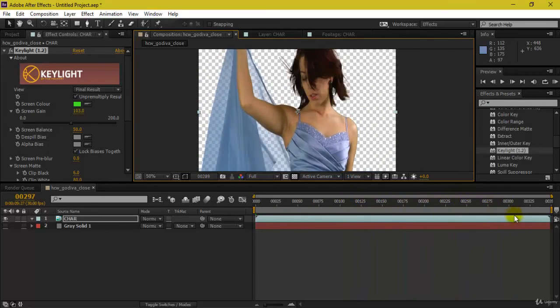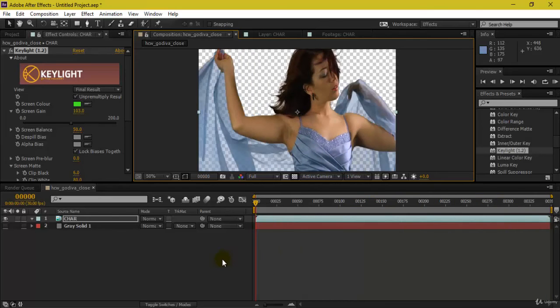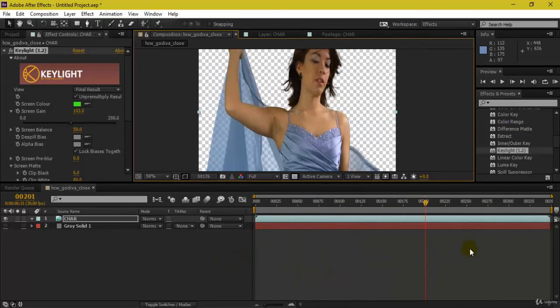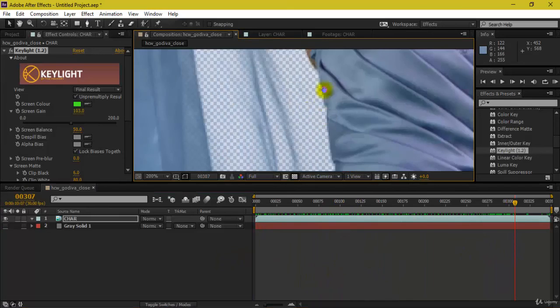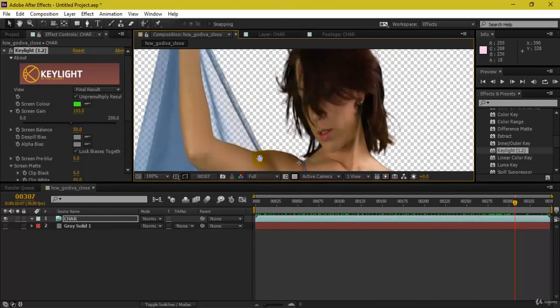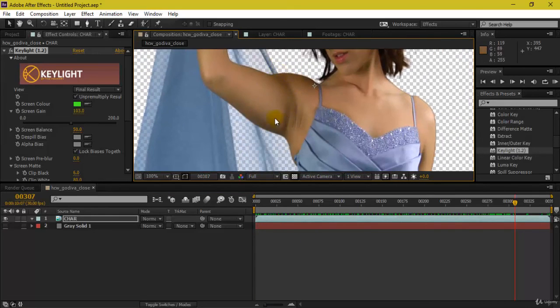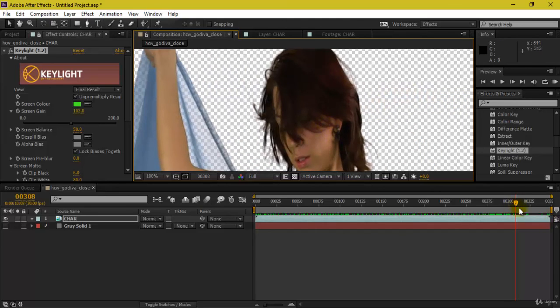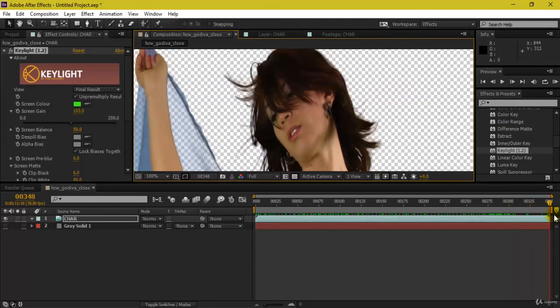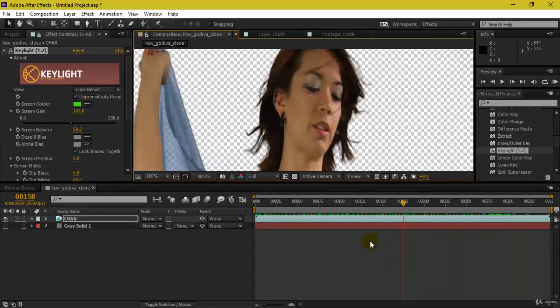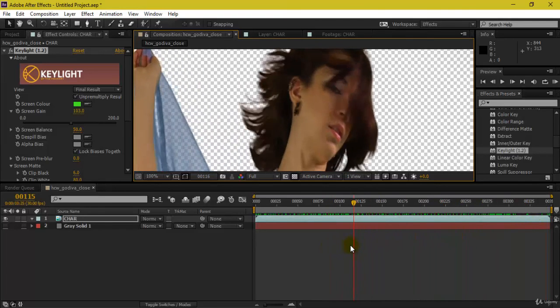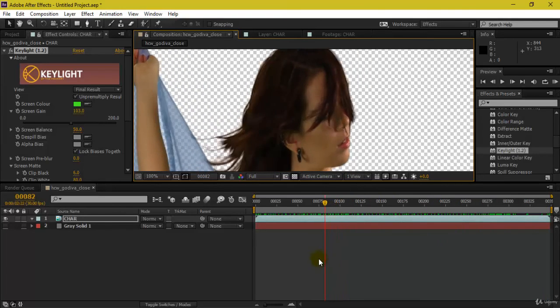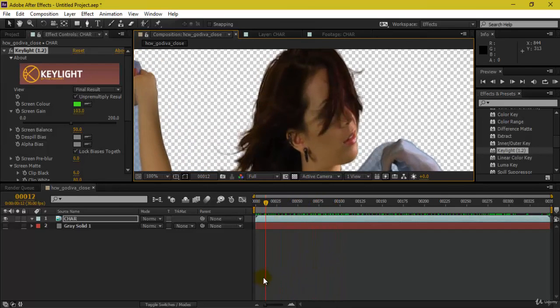But there are several green spills over here. Suppose for example, like here, as I said, even on the hands, even of this area, you can see the shoulder area, there are some dark patches. So we will be working on those as well. But if you look at the hair part, it has come out very nicely and precisely, by maintaining each and every hair lock and each and every detail. So this is what we have got.